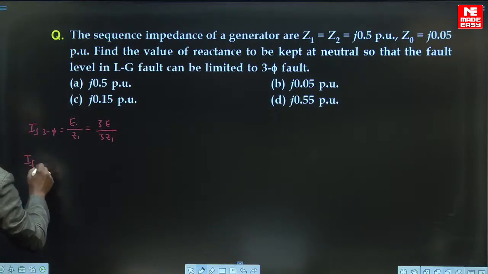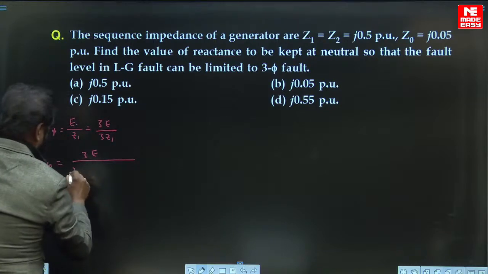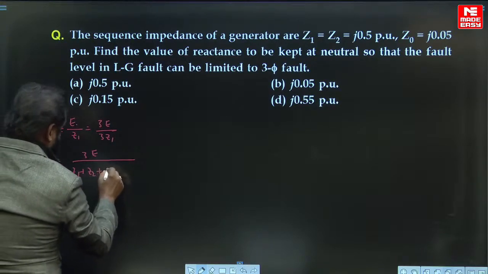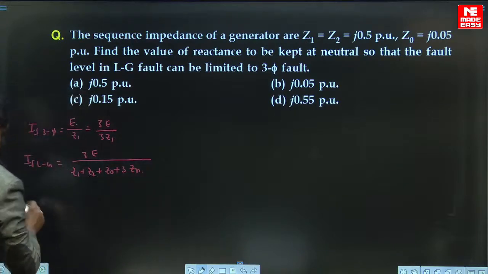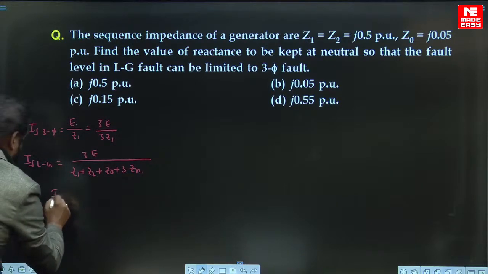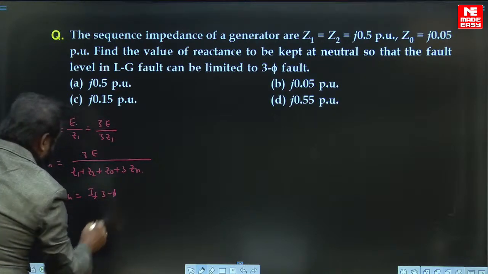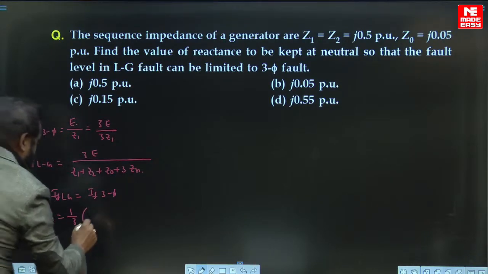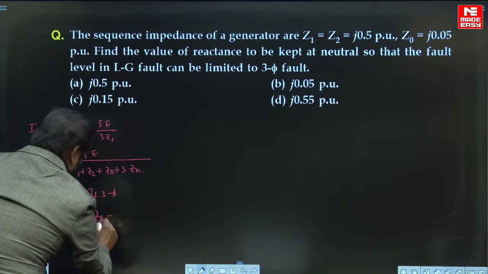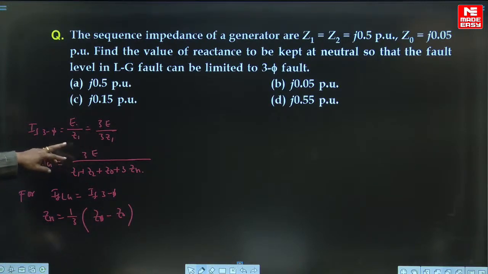IF LG is equal to 3E divided by Z1 plus Z2 plus Z0 plus 3Zn. For the three-phase fault, IF is 3E by Z1. And Zn should equal 1 by 3 into Z0, Z1 minus Z0. If you make these two equations equivalent, then